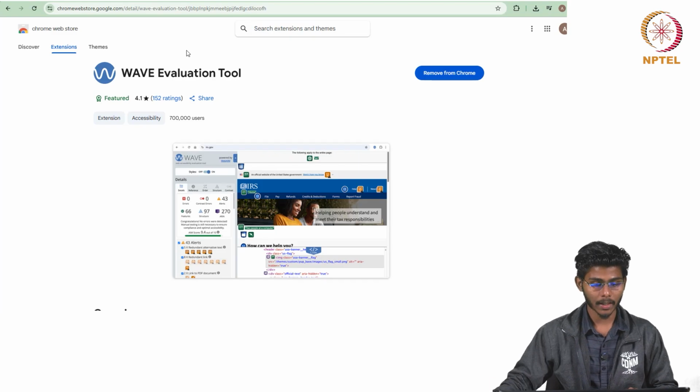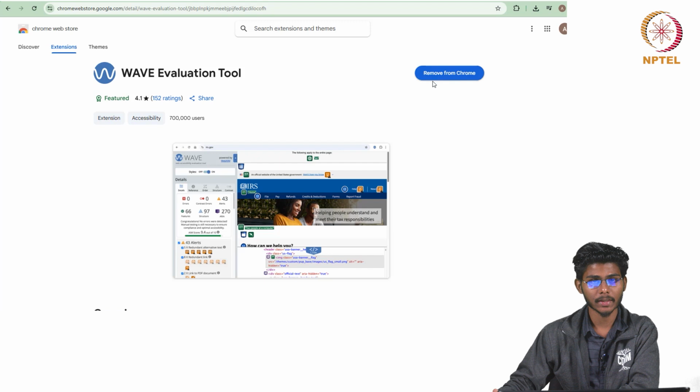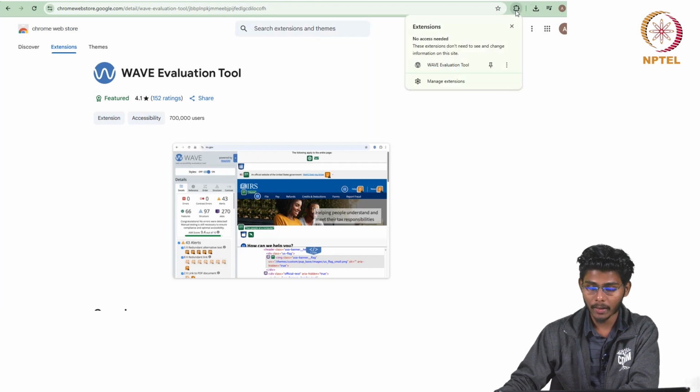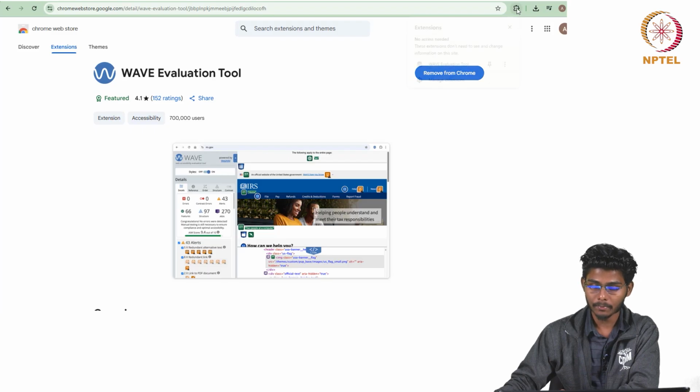We can check it in the Chrome Web Store, where the web evaluation tool is already present. From there you can install it in the home page extension. Here in my system I have already installed the extension. You can also try the extension in your browser.